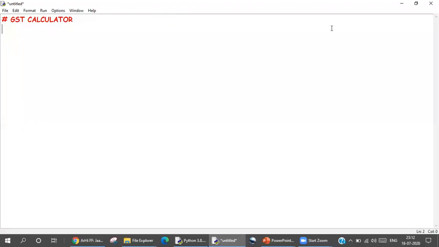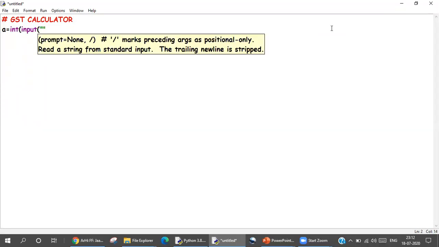So I have opened my script mode and I'm going to show you how a GST calculator would work. First, I want information from the user. I will ask how much percent of GST is applied, so I will say A equals input: what is the rate of GST tax that we have to calculate.